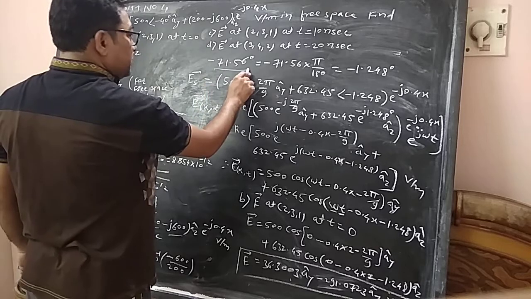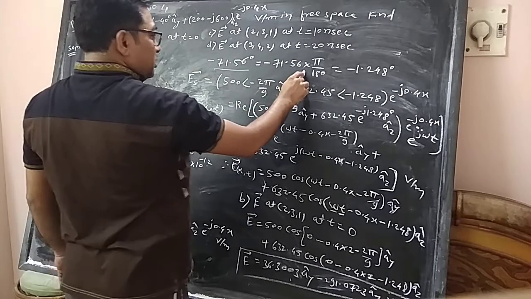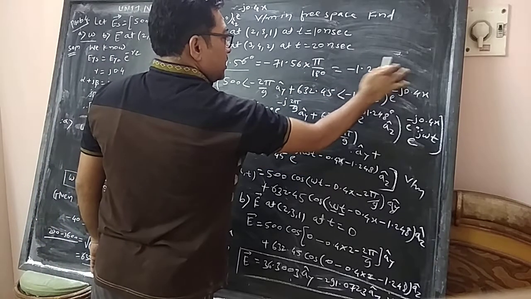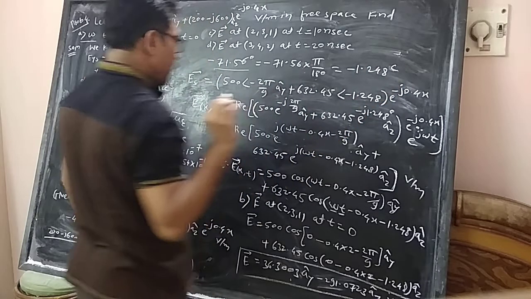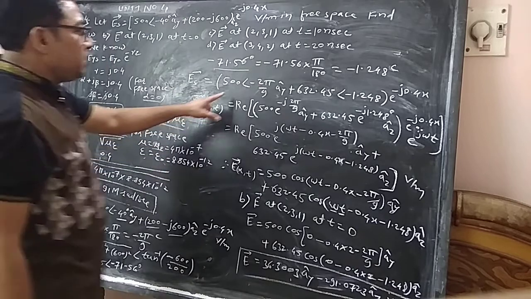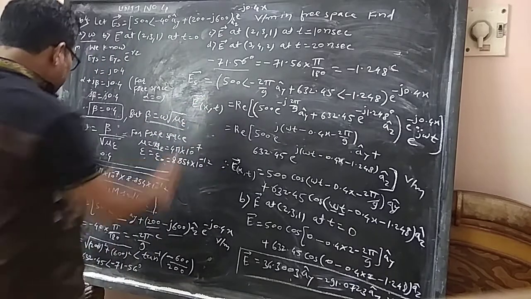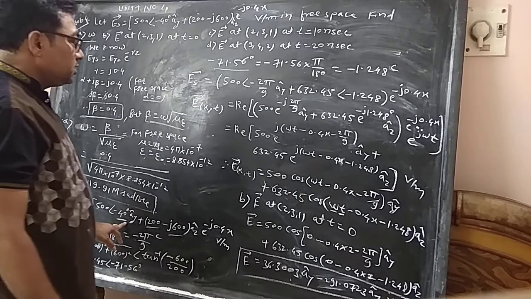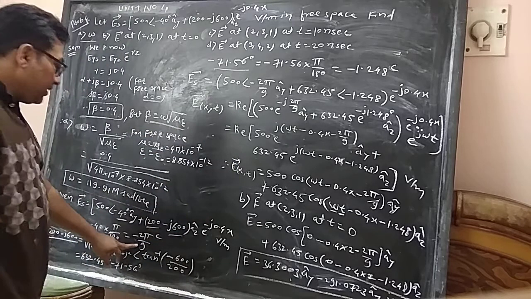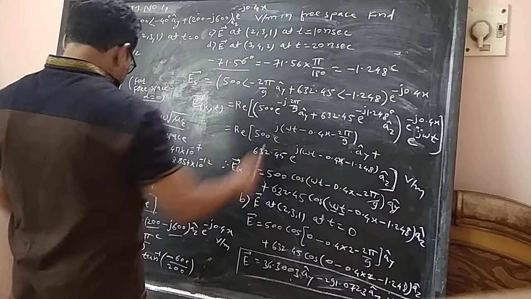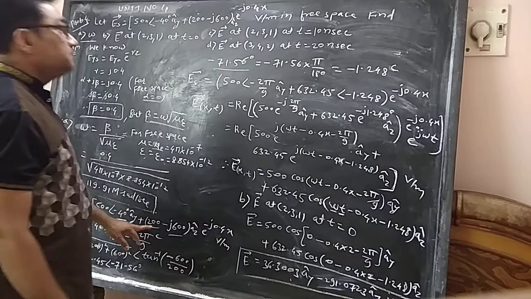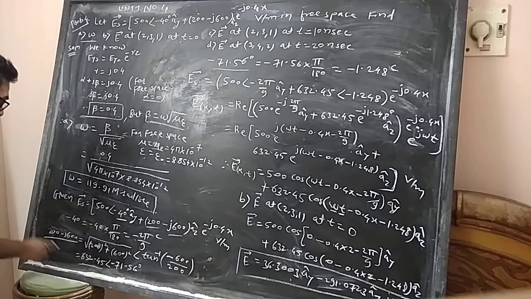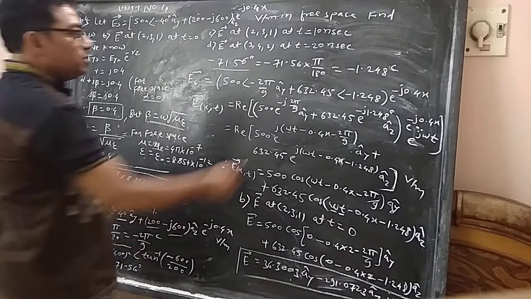Now again this angle is in degree, and we need to convert it into radian. So minus 71.56 degree, to convert it to radian, again we multiply by pi divided by 180. So it becomes minus 1.248 radian. Now putting all these values here, the equation is E_s equal to, in bracket, 500 with angle minus 40 degree converted to radian, so minus 2 pi by 9 radian as already mentioned, plus 632.45, which is the value already calculated for 200 minus j 600.